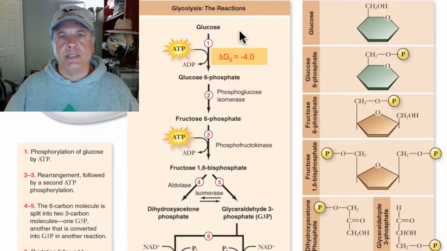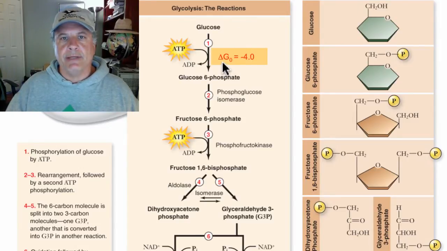with standard concentrations of reactants and at standard temperature, we have a delta G of -4. That's negative, so that's a spontaneous reaction. Why is that spontaneous? We have a negative delta G because we are hydrolyzing a high energy phosphate bond of ATP, getting rid of one of the negatively charged phosphates, which yields energy and allows this reaction to proceed forward with a negative delta G.